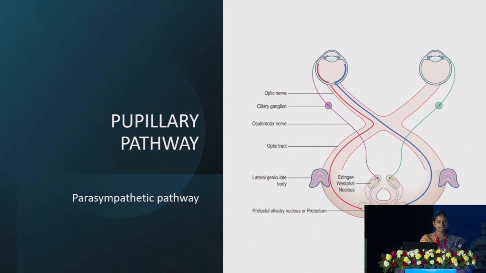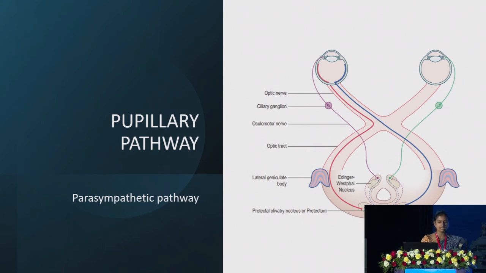Coming to the pupillary pathway in a short way, the first order neurons come from the retinal ganglion cells and go along the optic nerve, the chiasma, and the optic tract into the lateral geniculate body, and then synapse in the pretectal olivary nucleus. The second order neurons go from the pretectal nucleus to the Edinger-Westphal nucleus. There is crossing over of fibers in these second order neurons. From the Edinger-Westphal nucleus, the efferent fibers go along the oculomotor nerve, the third nerve, and synapse in the ciliary ganglion, and the post-ganglionic parasympathetic supply goes to the sphincter pupillae along